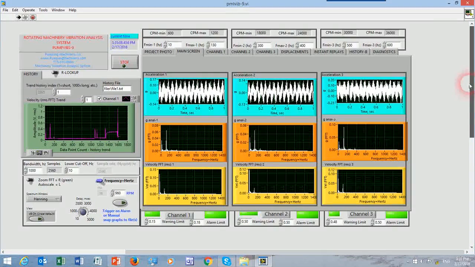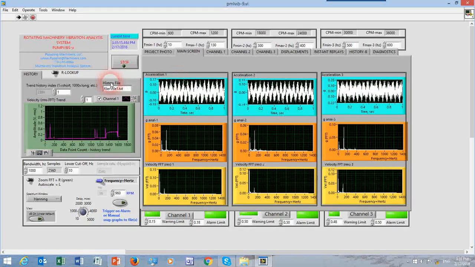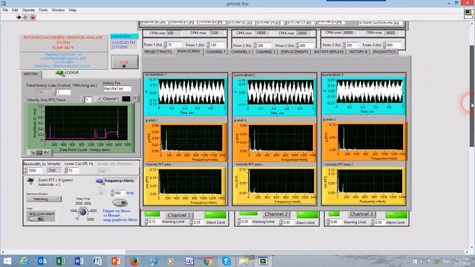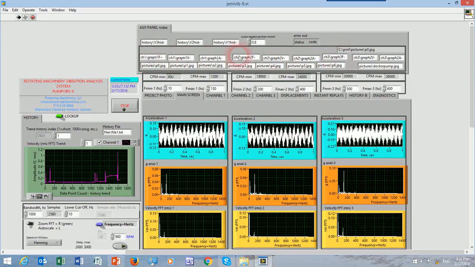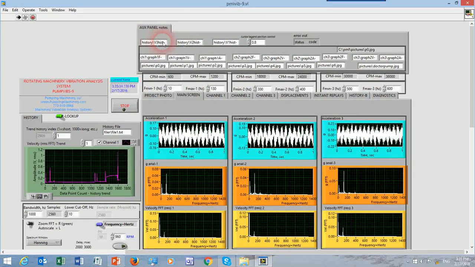Now, there's also a neat feature for a troubleshooter or for system lookup. This is the lookup button. If I push this button, which I just did, the lookup files come in. And these are just internal files to tell you in which drives different graphs are residing, which charts are keeping the history of vibrations,